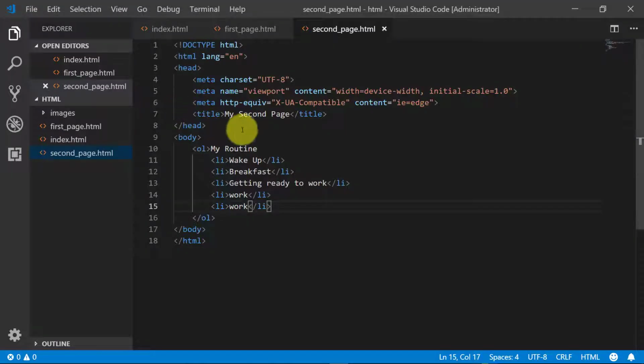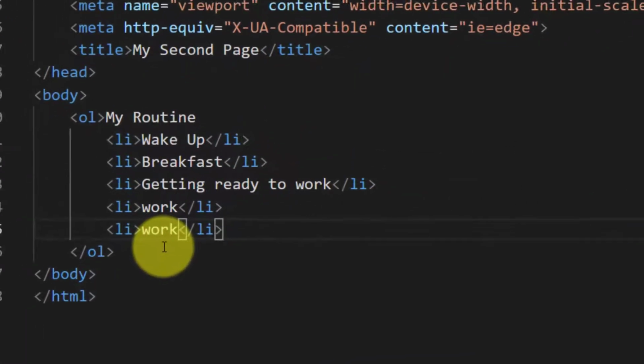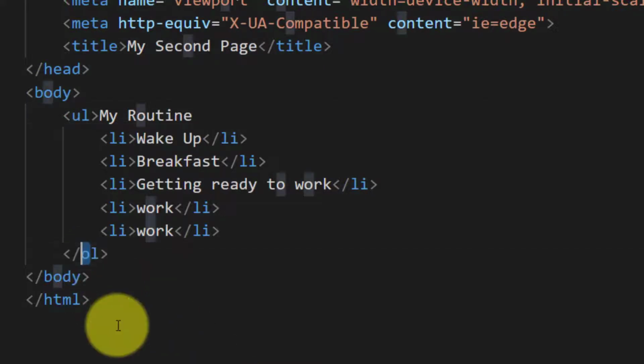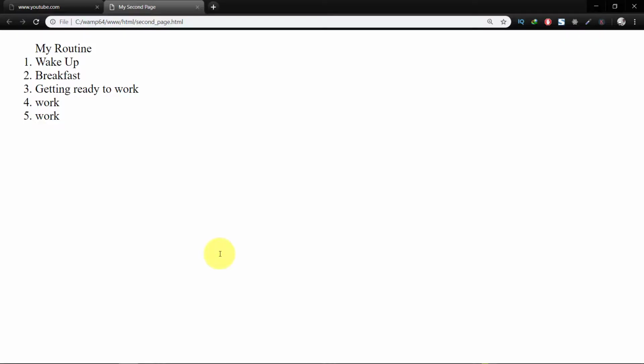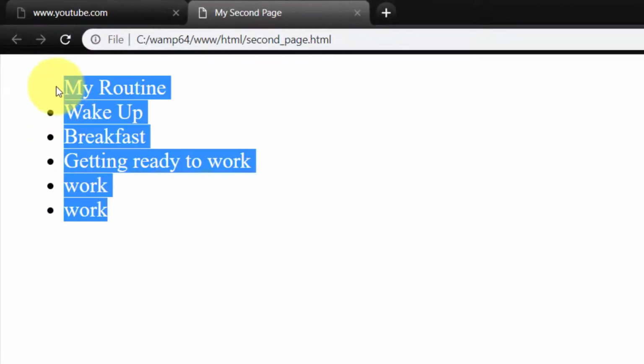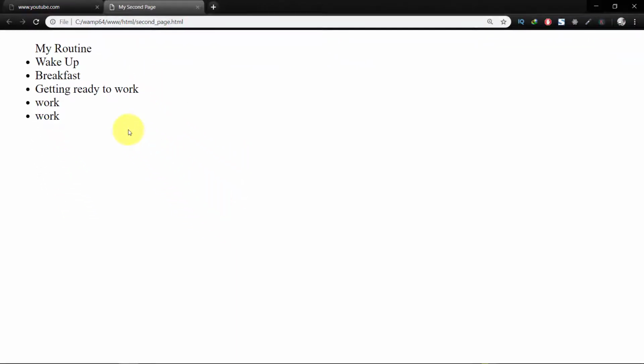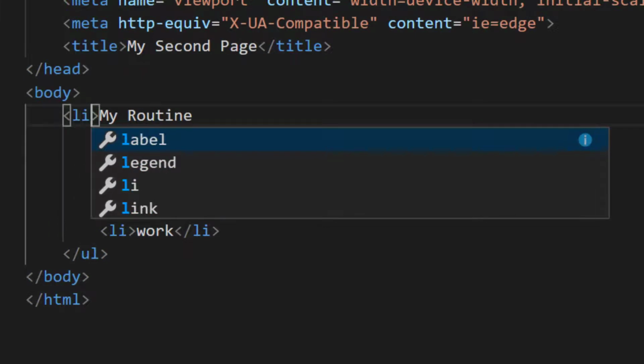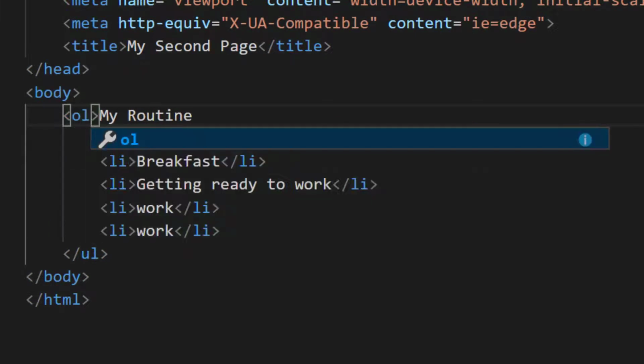If we want to change this ordered list into an unordered list, then we have to just replace O with U, so it will become an unordered list. This is our unordered list. Let's change this back to an ordered list,